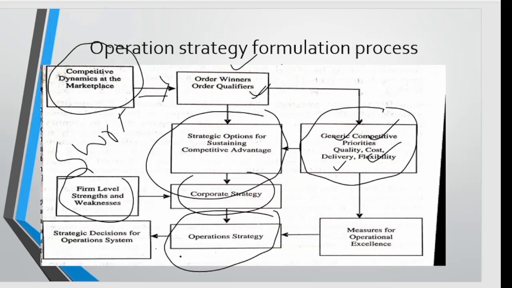While formulating our operation strategy, we also consider our corporate strategy and measures of operational excellence. Let's say how much efficiency we have, or what advanced technology we have. All the factors we consider while formulating our operational strategy, and overall the operational strategy leads the strategic decision for